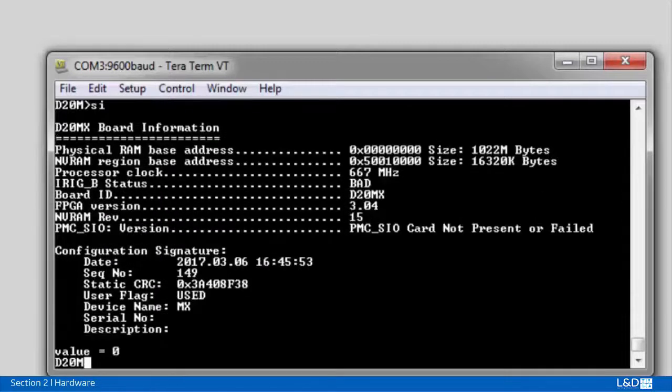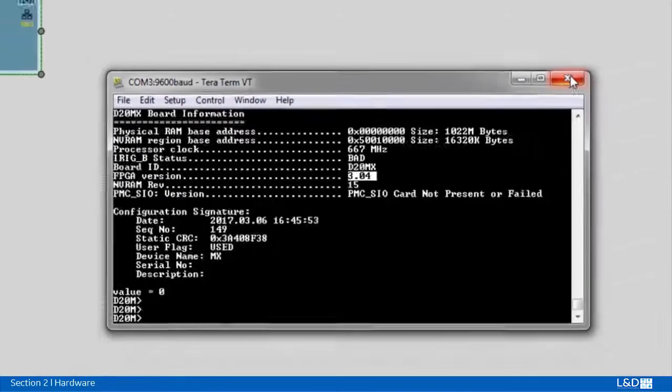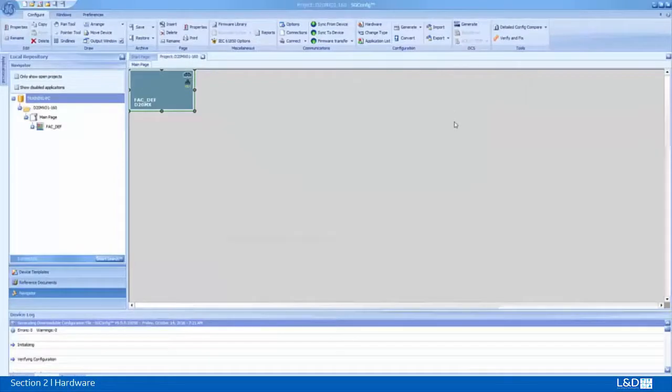Another command that we can issue is the SI. In the SI, we're basically looking at the FPGA version of 3.04, and that's per our D20 manual. Okay, so right now I can close my TeraTerm. I go back to my device,